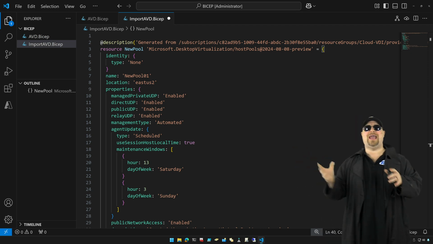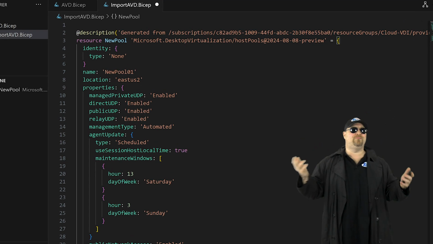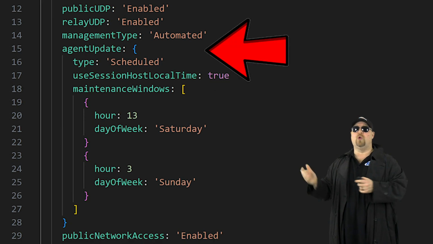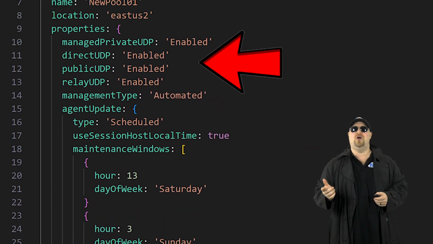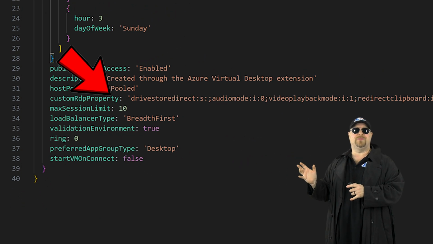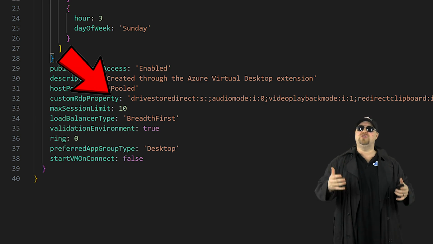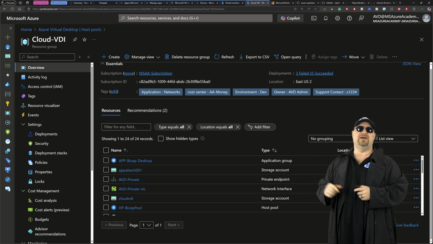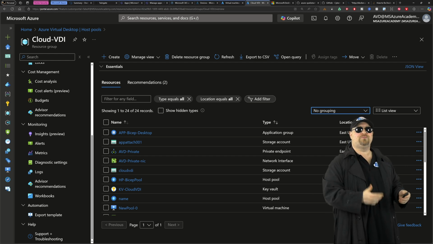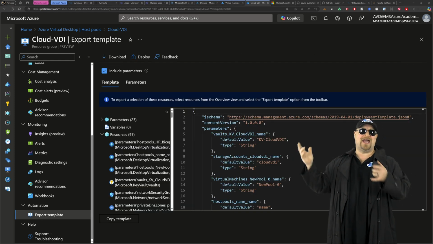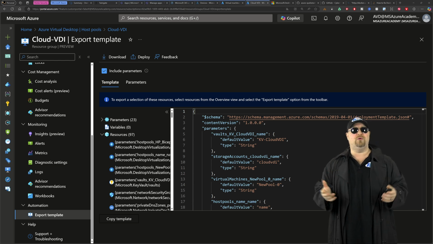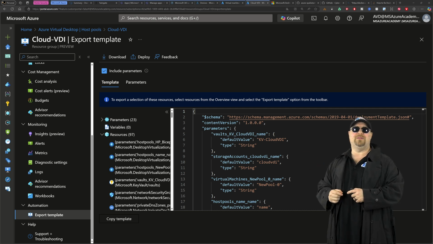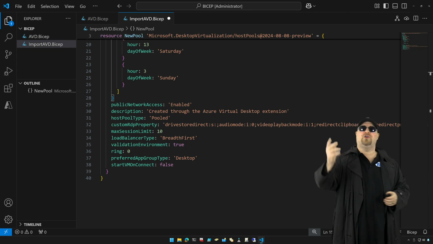Now this is great for learning how to improve your existing code and build for features that you don't know how to write. Things like the scheduled agent updates, or how to configure RDP short path, or all of those complex RDP properties. And you can even do something like this for multiple resources in the Azure portal. Just go to your resource group and then on the left, scroll down to the bottom and click Export Template. And in just a few seconds, Azure will create an ARM template for you of everything in this resource group exactly as it's configured.